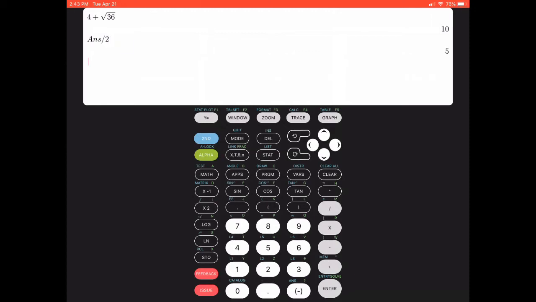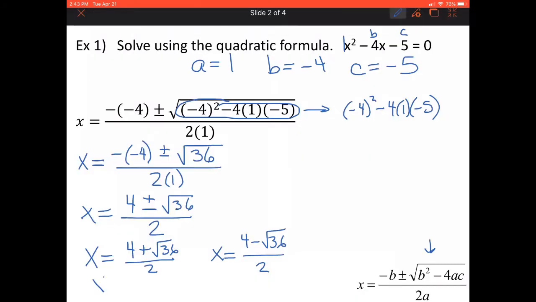So my first answer comes out to 5. But I had 4 minus square root of 36 as well. So 4 minus square root of 36, I get that by hitting enter, and then I have to divide that by 2 as well. So I find my two answers were 5 and negative 1. So here I'm writing my answers. They were 5